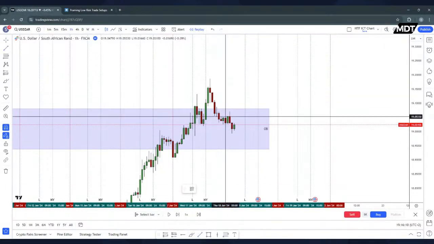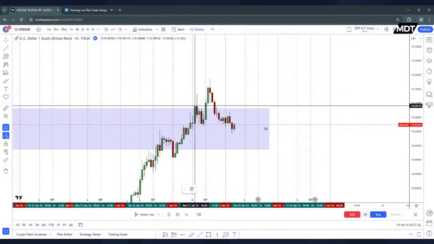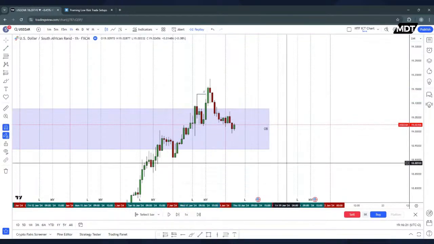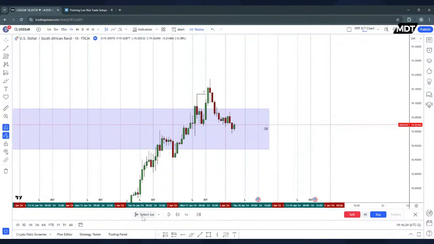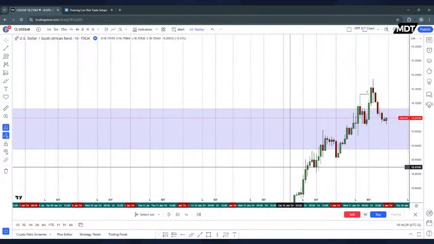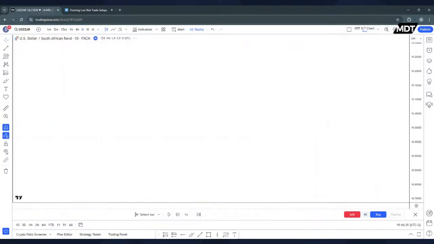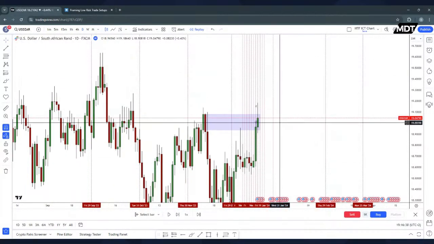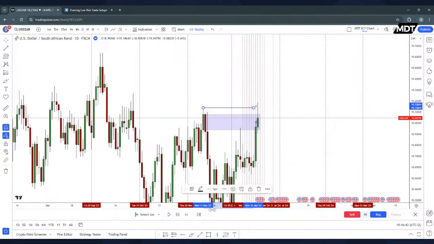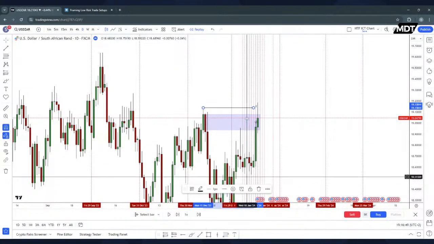It seems like we've gotten our criteria here, because we initially ran liquidity here, but we obviously just broke straight through. We then came up and ran liquidity there, and now we've broken back down. I just want to make sure that on the daily we didn't close above that order block. And yeah, we didn't. So we ran this and then we came back low, which is a good sign. So we could see some movement to the downside before we actually get that move higher.